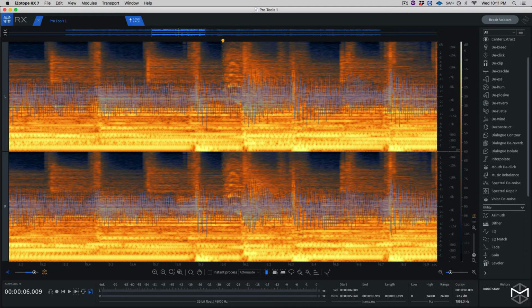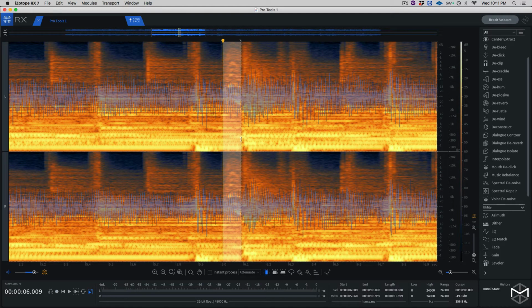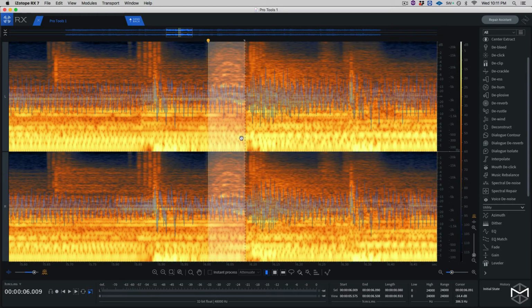And as you can see, right now we have our first squeak. Now I'm going to make a selection. Remember to select both channels since we're working out of a stereo file. I'm going to zoom in a little bit more. Within the transport, you have this little playback button surrounded by a dotted square. This lets you play only the frequency you have selected within the spectrum. So if I press play,